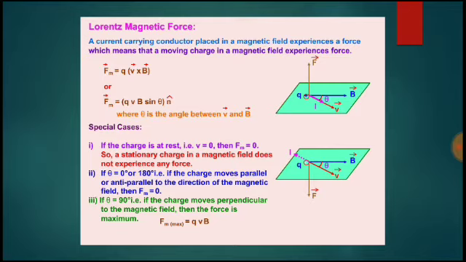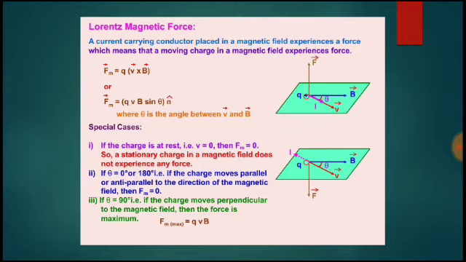In the other format, Fm, that is the magnetic force, is equal to qvB sin theta into n cap. Here n cap is the unit vector notation. Now come to this one. This is a small plane. Here is the magnetic field, and this is the current. The magnetic field and the force are both acting in the perpendicular direction. It's very simple.